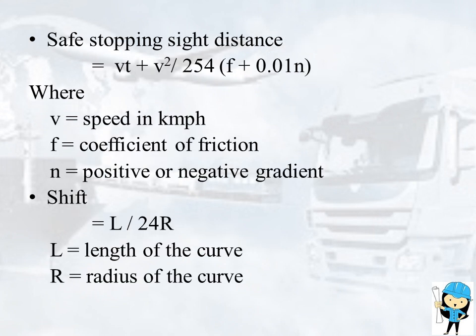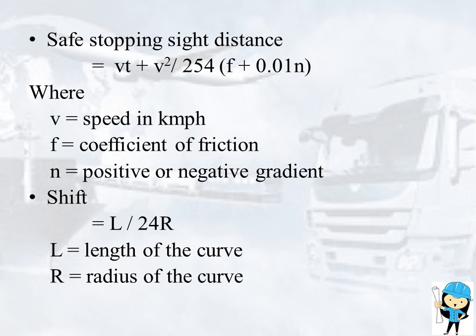Next formula is safe stopping sight distance, which is equal to Vt plus V square divided by 254 into F plus 0.01 n, where V is the speed of the vehicle in kilometer per hour, F is the coefficient of friction, and n is the positive or negative gradient. If it is a positive gradient, we will be using F plus 0.01 n. If it is a negative gradient, we are going to use F minus 0.01 n in the safe stopping sight